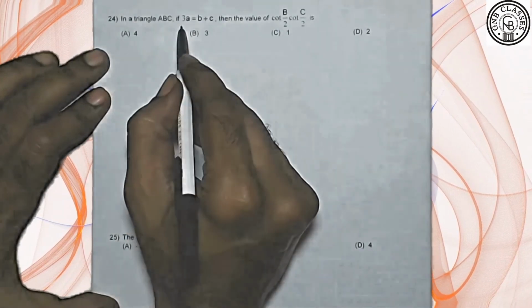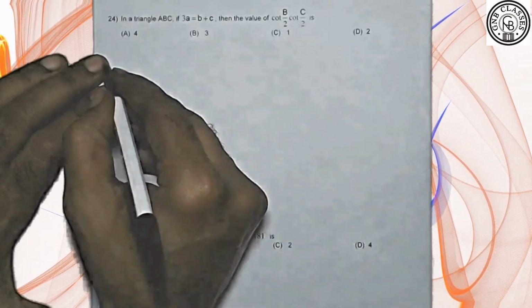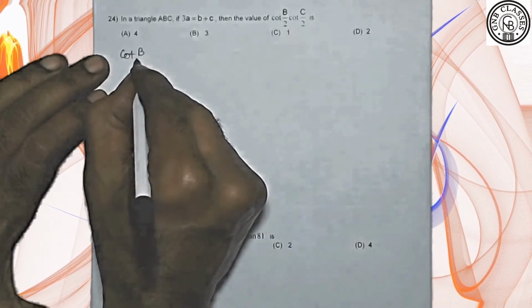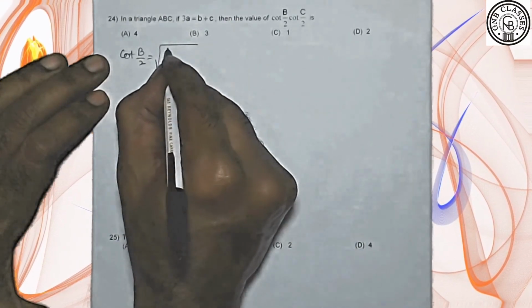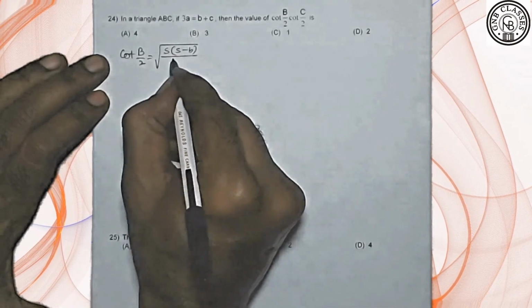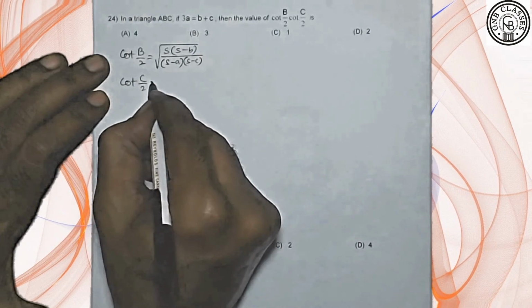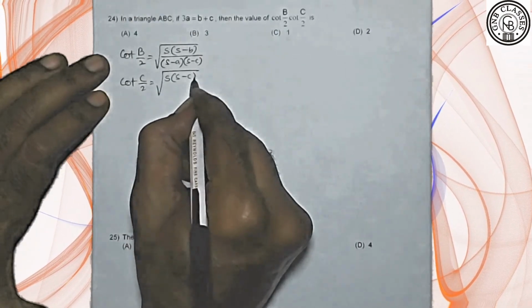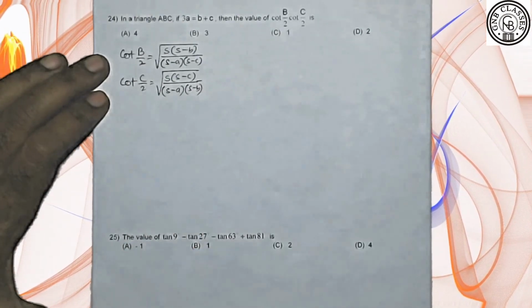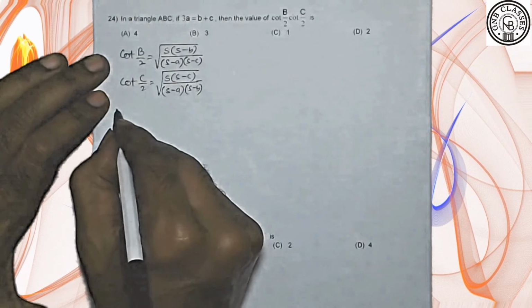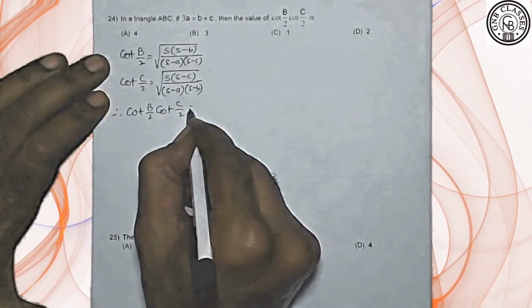In this question we have, if 3a equals b plus c, then find the value of cot b by 2 into cot c by 2. We know that cot b by 2 can be written as, and cot c by 2 can be written as, where s is the semi-perimeter of the triangle ABC. Therefore, cot b by 2 into cot c by 2 will give you